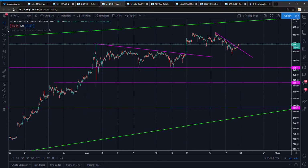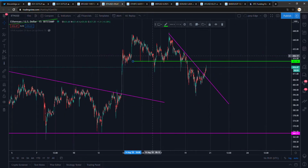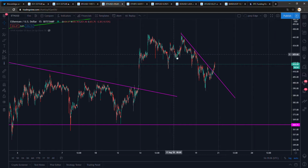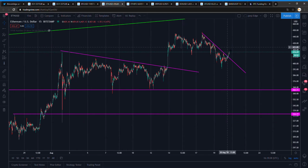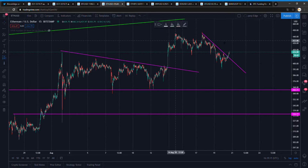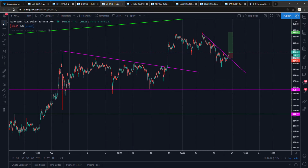You can see action on it, but it is kind of too low time frame for me. That's 420. So I would say we just want to see new highs. A long is possible over here, just up to, I think, the high. A small long position, stop below this trend line if it breaks through it again, and otherwise I would say stop over here